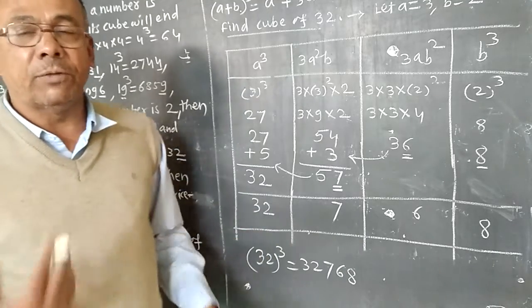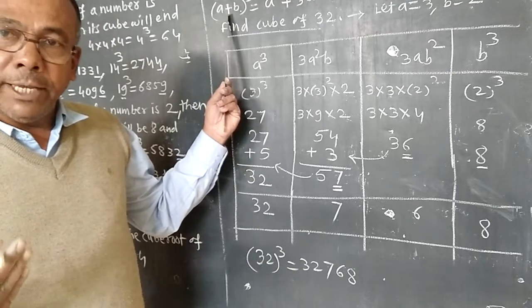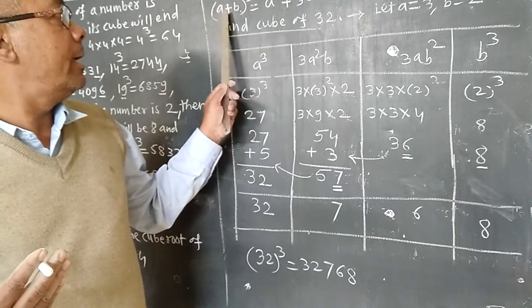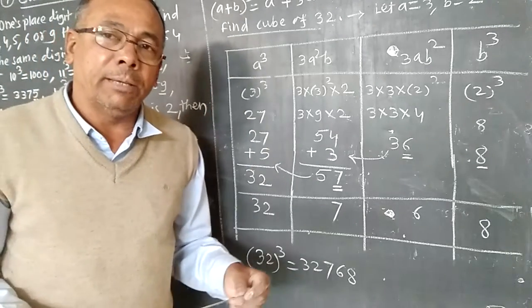In this way we can find the cube of any 2-digit number by applying a plus b cube is equal to a cube plus 3a square b plus 3ab square plus